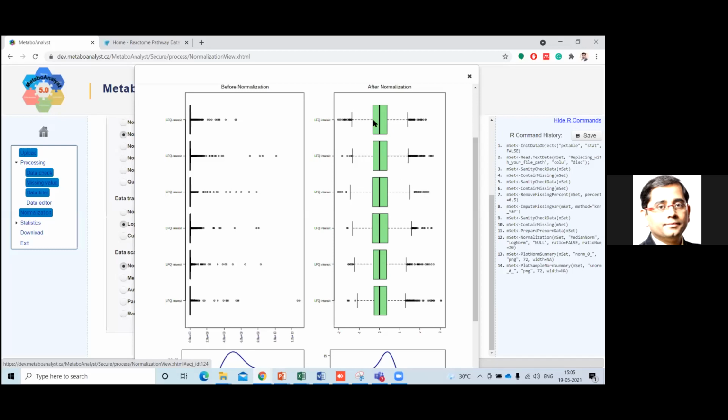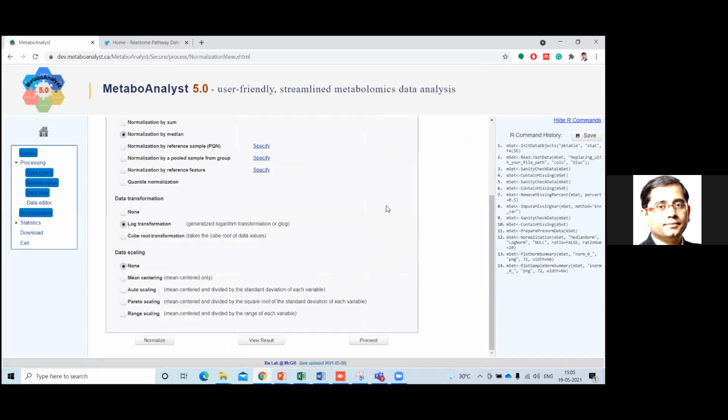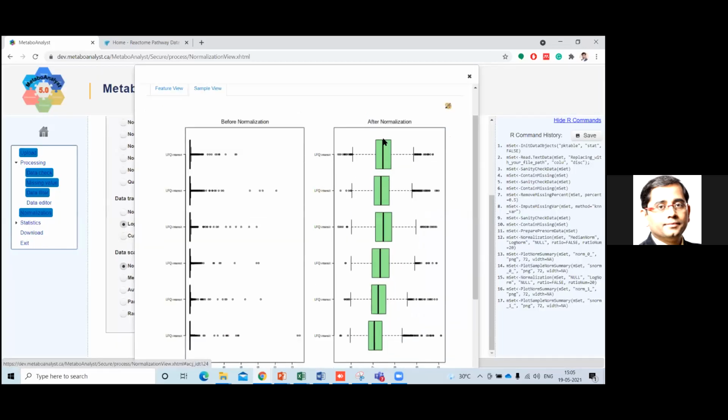Let me show you without normalization, then you will understand. When the data is not normalized, obviously when you are comparing, the comparison could be biased.